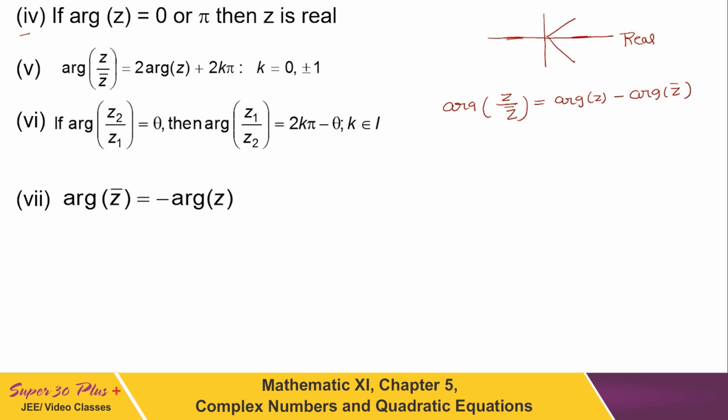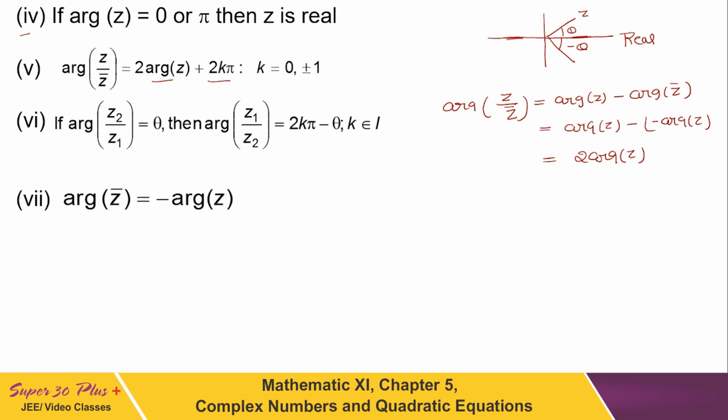If argument of a complex number is theta, then the argument of conjugate of that number is minus theta. So we can write it is argument of z minus (minus argument of z). So we can easily simplify it is twice of argument of z. So we are going to write here argument of z upon z bar is equal to twice of argument z